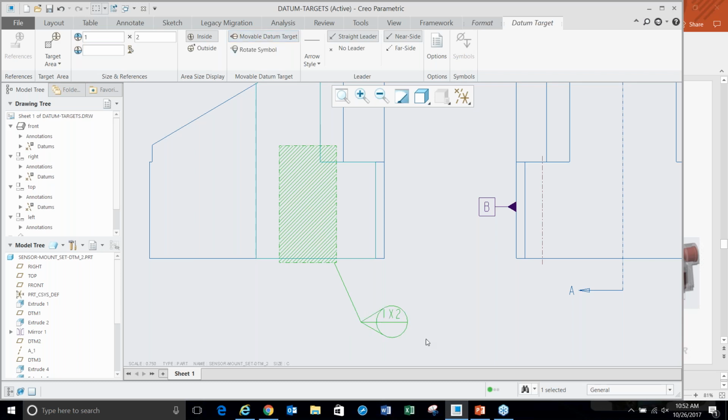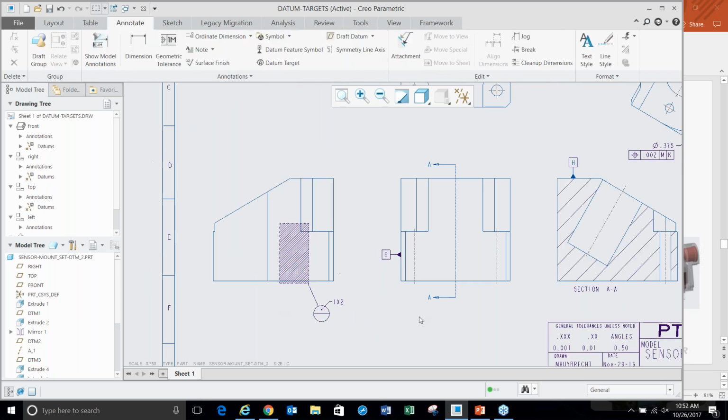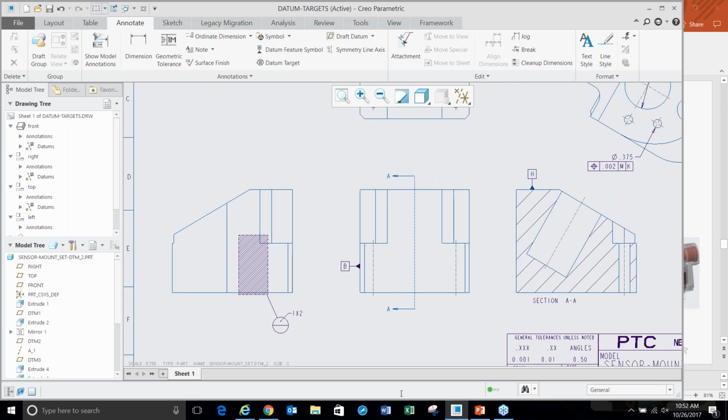Or maybe I want to make it a movable target. I can just rotate the symbol, right? So you see the ease with which I'm doing all this, right? You could be a new user and you could just see, do you want to go to the far side or the near side, right? No leader, with leader, right? Straight leader, it should be on the outside, or just a regular symbol there, okay? So really quickly to create those,